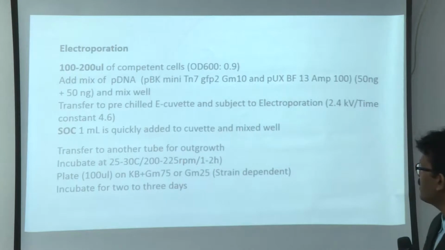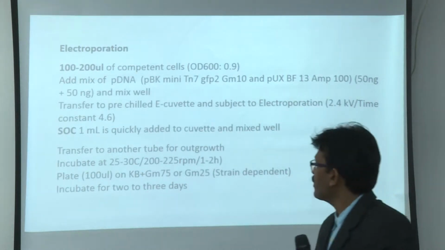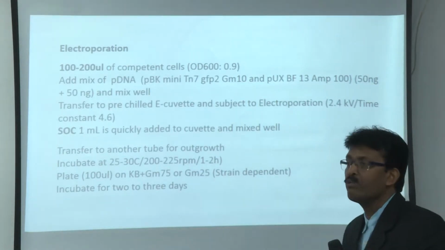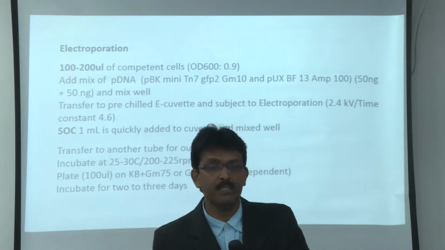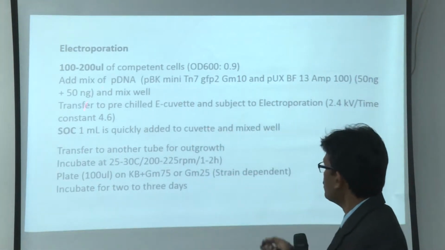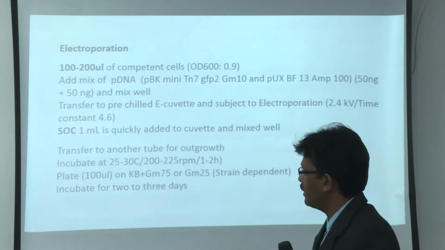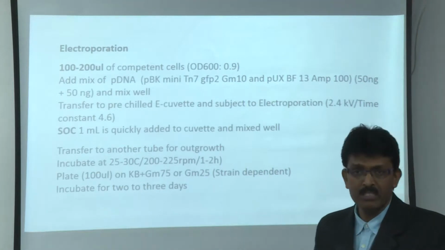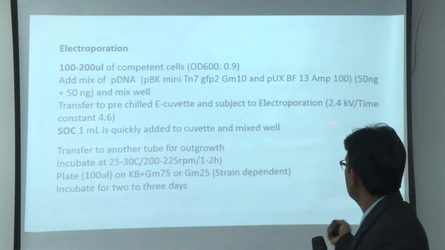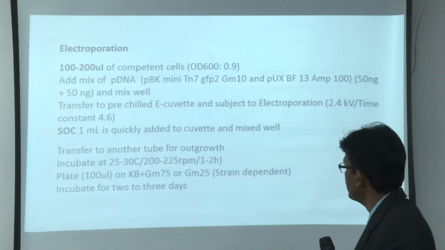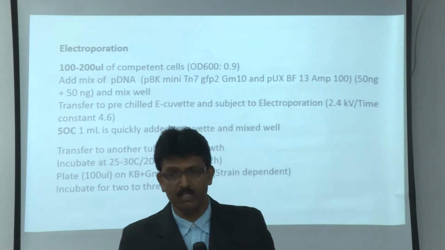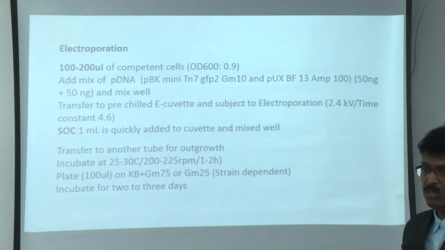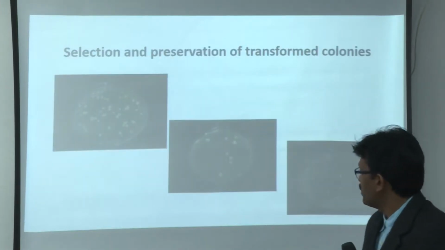Okay. This is the actual electroporation, and the competent cells, of course, I put here 100 to 200 microliters. The volume varies, it is all decided by you, and you mix both and subject to the electroporation. So the conditions are already given here. The pre-chilled cuvette, that's very, very important, right? Then 2.4 kilovolt, and the time constant around 4.6, which I think in one of your samples we got exactly the same reading, right? And this is the downstream work you are supposed to do in transformation. So once you do the transformation,